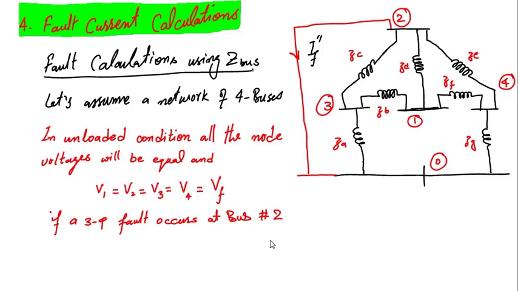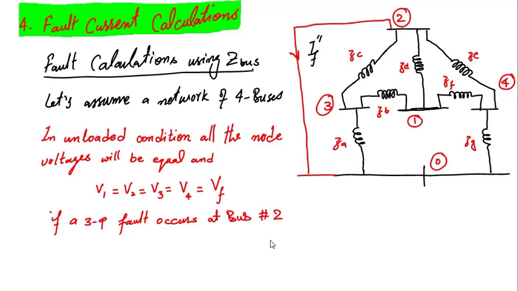Okay, remember, as we change that impedance from subtransient to transient to steady state, it will impact the Z bus of the network. Z bus of the network will change. As Z bus of the network will change, the fault current will also change. So now here, this is the fault that we have put on the network. It could be described with the help of its Thevenin equivalent. Now we want a formula which could be used to calculate this current IF double dash.